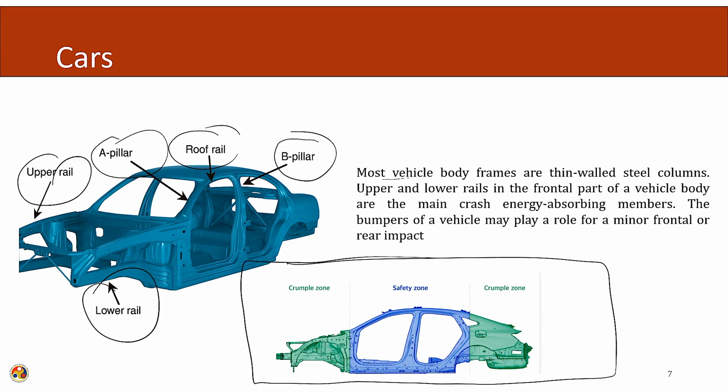Most vehicle body frames are thin-walled steel columns. What does it mean? The frame is made up of a thin-wall type of system, so it acts on the principle of a column or struts. The upper and lower rails in the front part of the vehicle body are the main crash energy absorbing members. If you look into this zone,